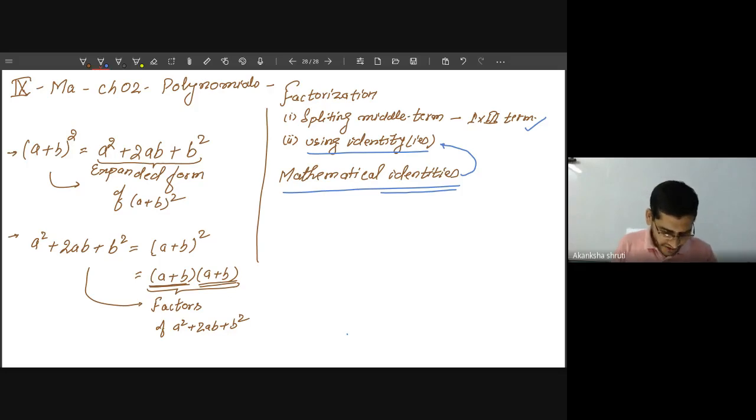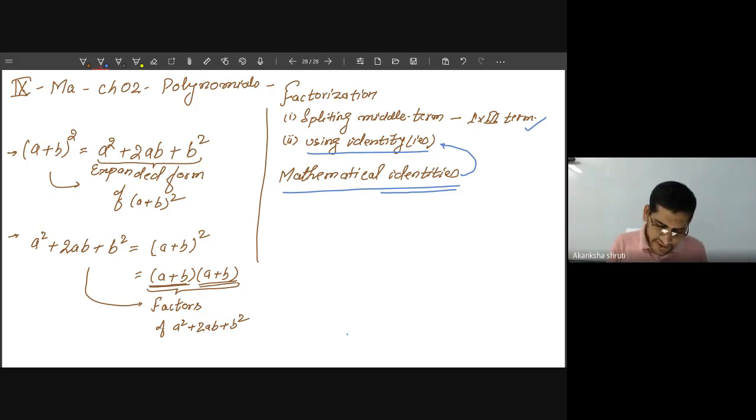Students, it is well known to you that if we consider (a + b) whole square, then when this is expanded, in expanded form, this (a + b)² is given by a² + 2ab + b². Okay,